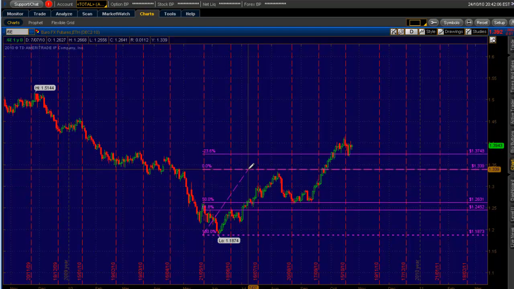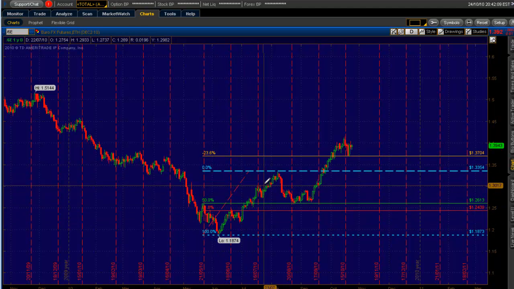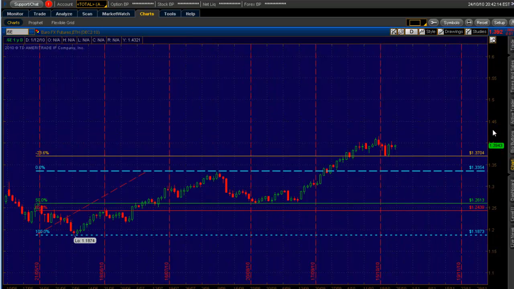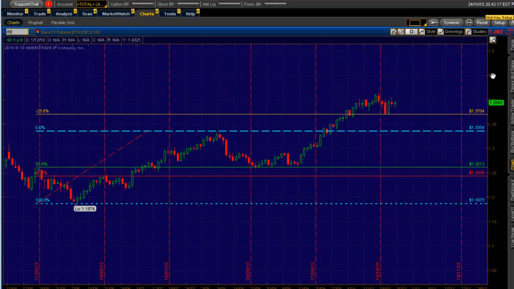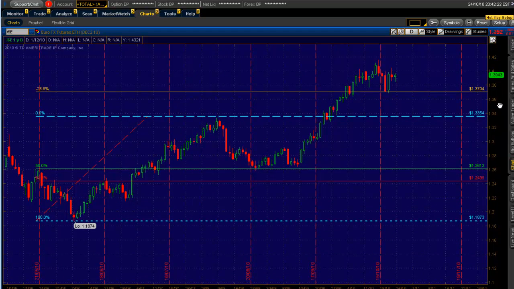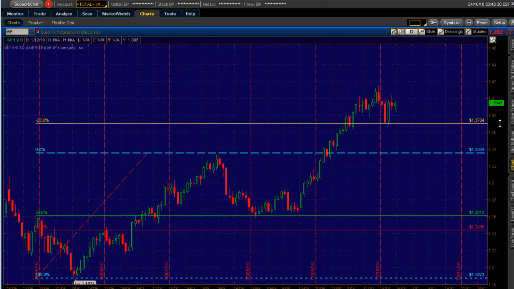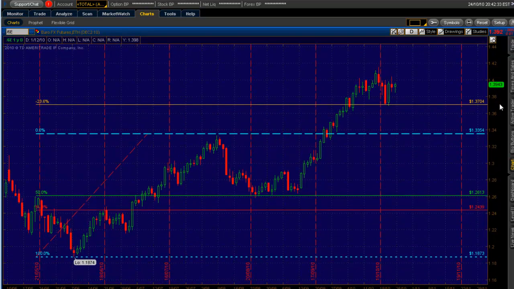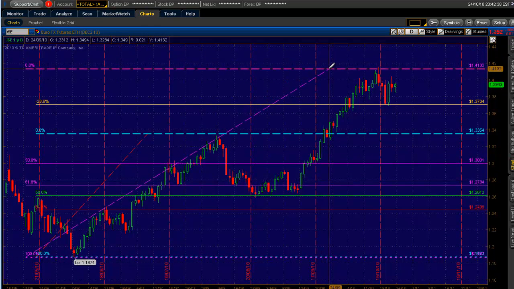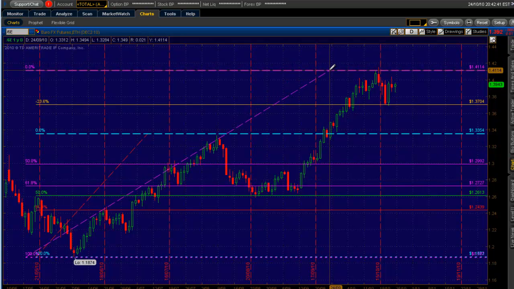and you'll note that we have come out of a nice 50% retracement that has hit its negative 23 target. Now the question is, where's it going from here? Is it going to have a pullback, or is it going to keep pushing higher? Now if it was going to do a big pullback on that whole trend, then it would come back down to this level